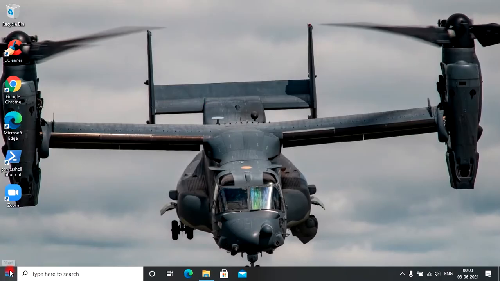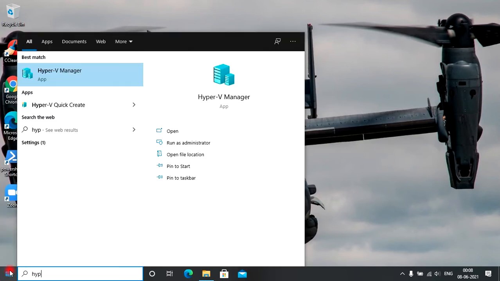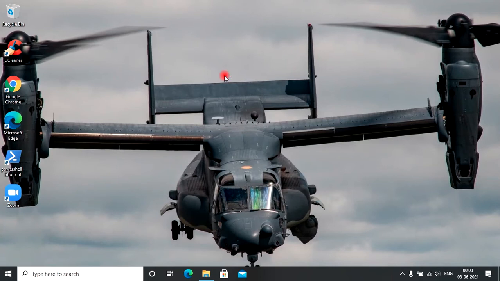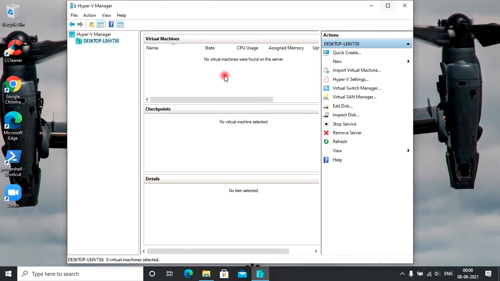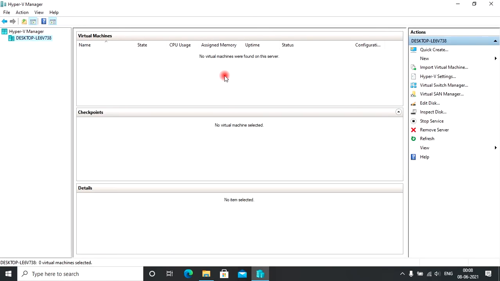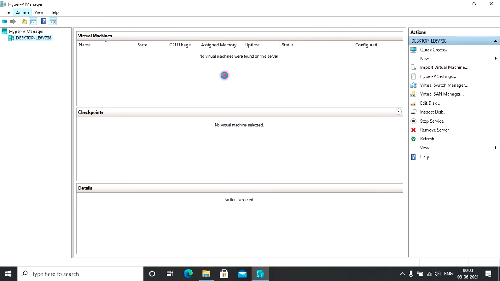I will go to start and I will search here Hyper-V. I will open the Hyper-V manager. I will maximize it. On the left side, I will select my system and I will go to action, new virtual machine.